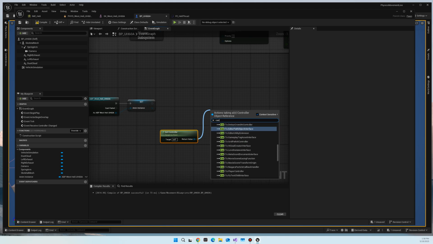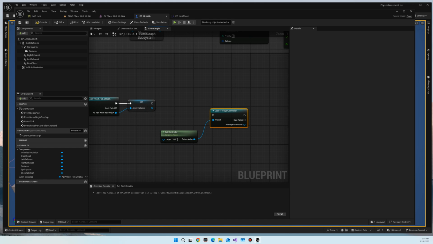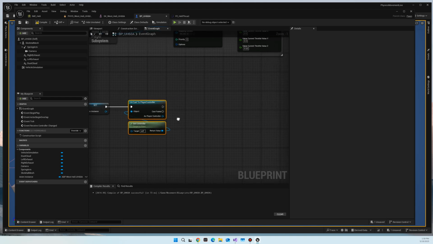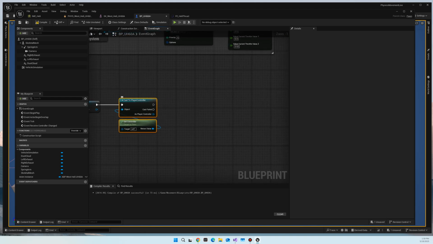So then I'm going to say cast to player controller, because this HUD should only be on here if the player controller is the primary player controller. So I'm going to do that. So if it's a good cast, then I'm going to say